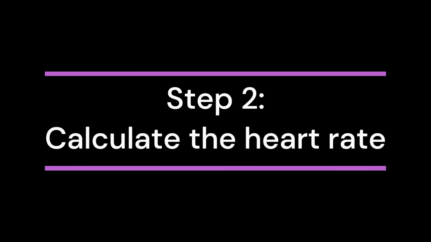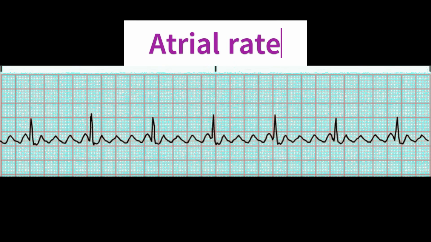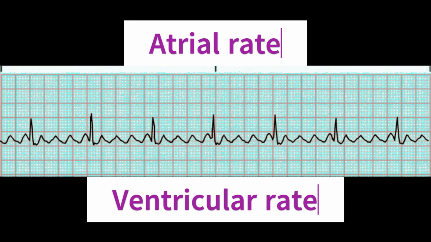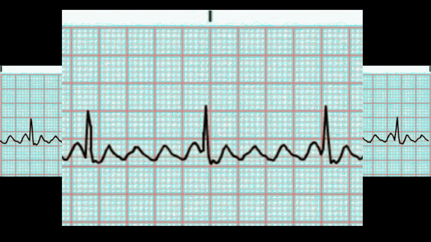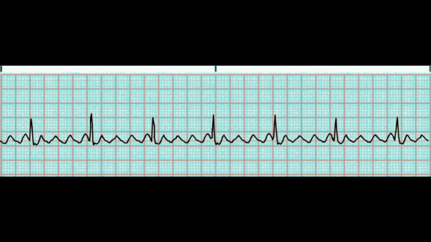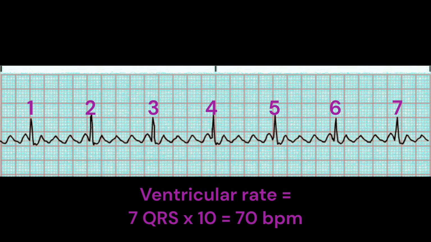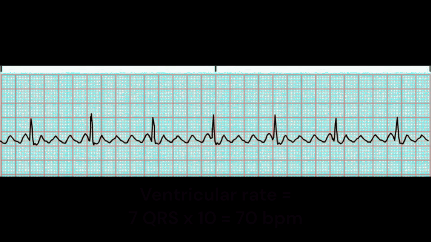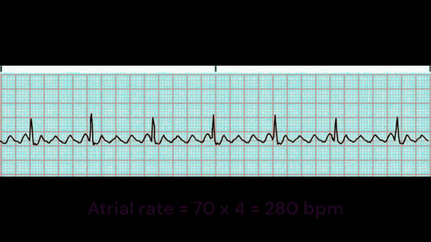Step 2. Calculate the heart rate. There are two rates, an atrial rate and a ventricular rate. First, determine how many P waves there are for every QRS complex. This represents the ratio of P waves to QRS complexes. Next, determine the ventricular rate by counting the number of QRS complexes in a 6-second section, then multiply that number by 10. You can then calculate the atrial rate by multiplying the ventricular rate by the number of P waves